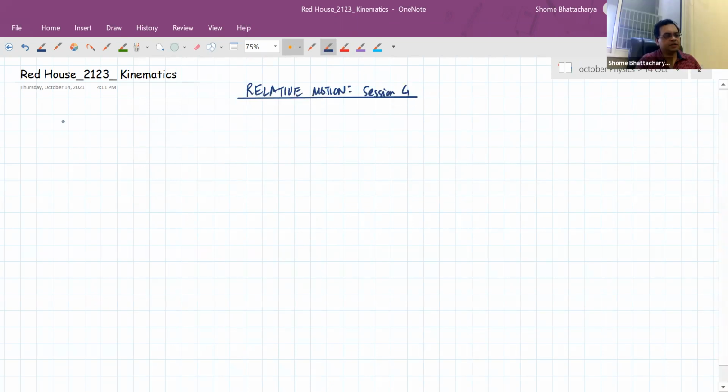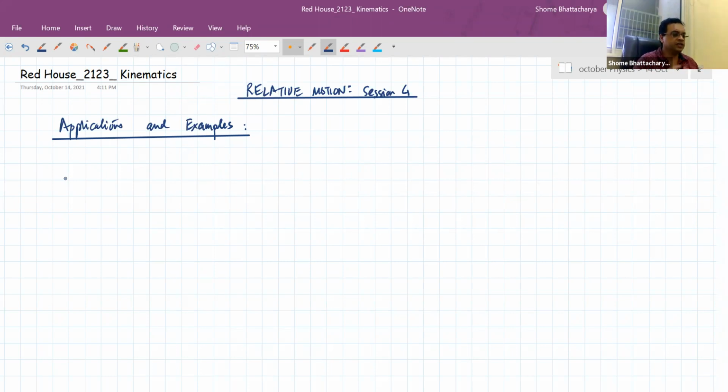Mostly we will look at applications and examples. So one thing we had discussed as an interesting application towards the end of the last lecture was relative motion between two projectiles, and the fact that if we have two objects which are in projectile motion, or two objects which are moving under the action of gravity, then their relative acceleration is zero. So their relative motion is with uniform velocity. So let's start with an example based on that concept.